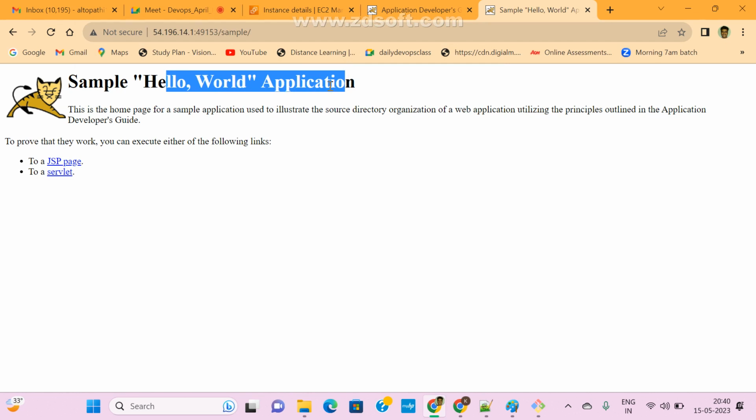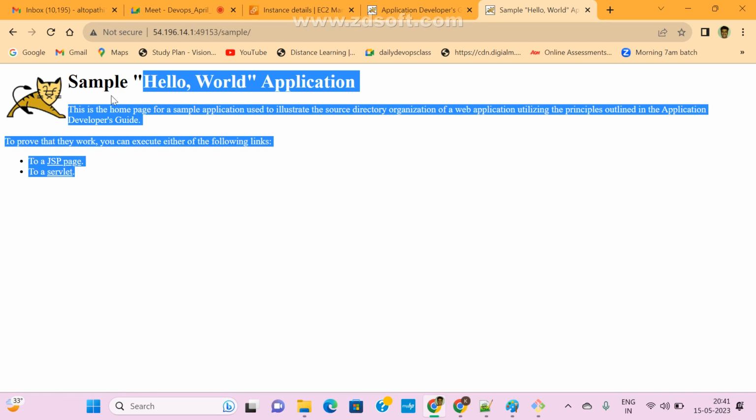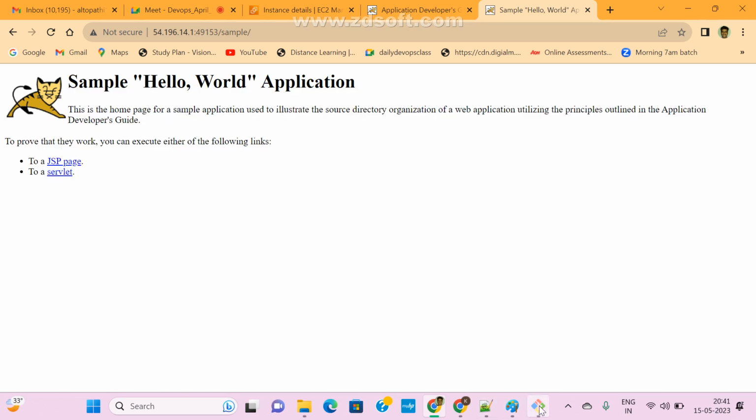So earlier there was a problem. What was the problem? That is the container path problem. That is the reason earlier we didn't see this output. Now everything is okay. Clear, guys? Any doubt here? Now the application is working, the application is running. There are no issues. So this is my container.